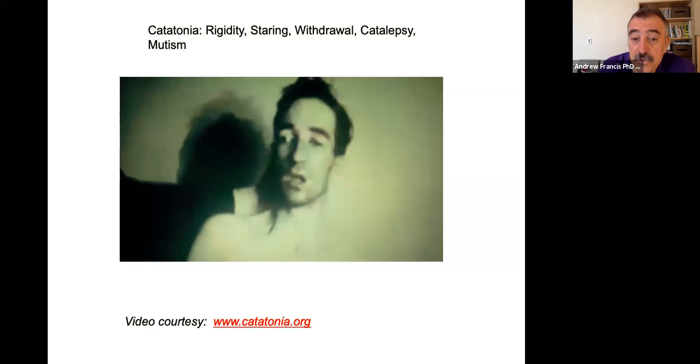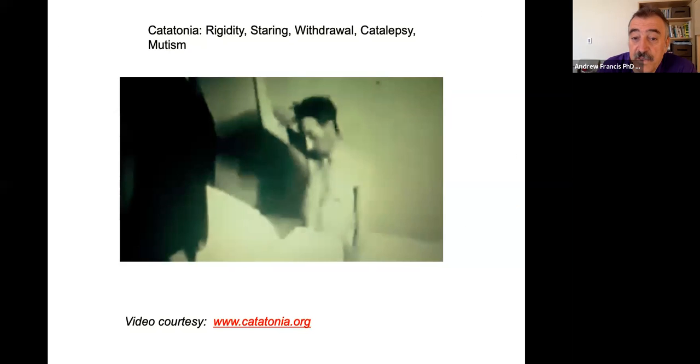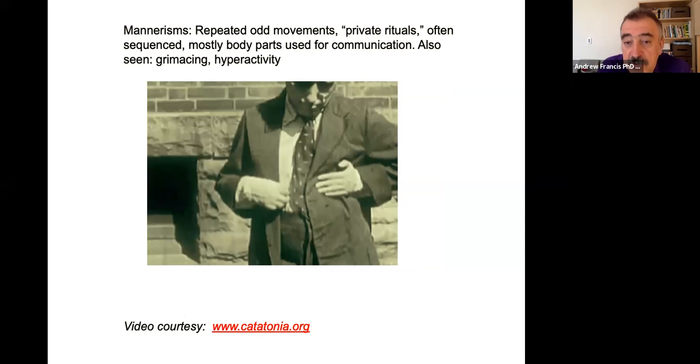Now, there is also a hyperactive form of catatonia. So there are subtypes within catatonia, for example, hyperactive and hypoactive, or excited and retarded, you might say. Other subtypes might be a benign catatonia or a malignant catatonia. Malignant catatonia would be that form of catatonia associated with severe autonomic symptoms, like fever, tachycardia, diaphoresis, autonomic instability. The hyperactive form,